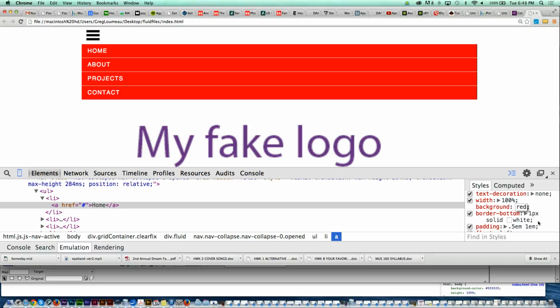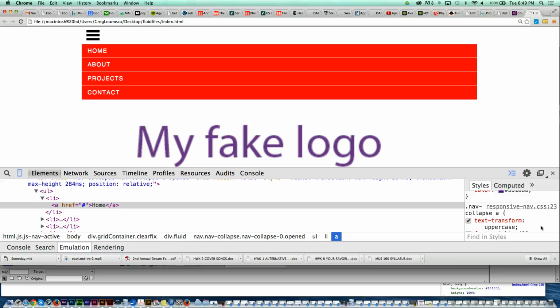Now, once again, both Firebug and Chrome are temporary changes, right? So if I know that this can be changed here, I can go into my style sheet, I can scroll up a little bit, and I can see what it says right here, which is it says these styles below this are on a page called responsive-nav.css, and they're on line 23, right?